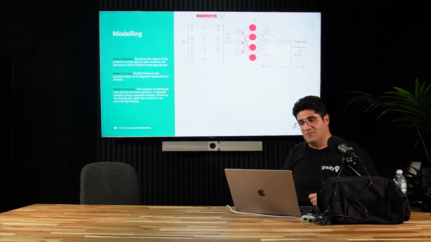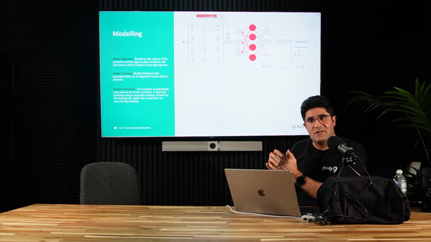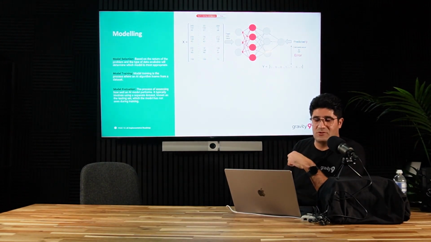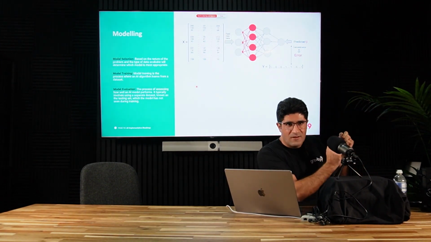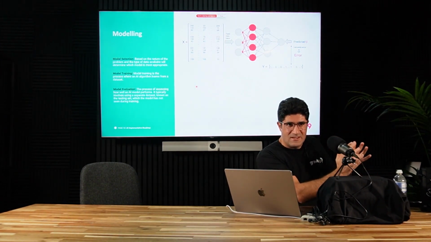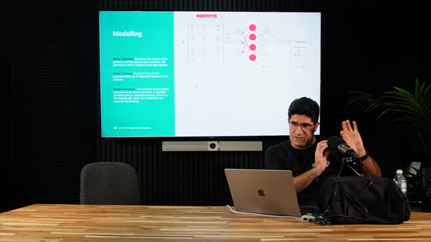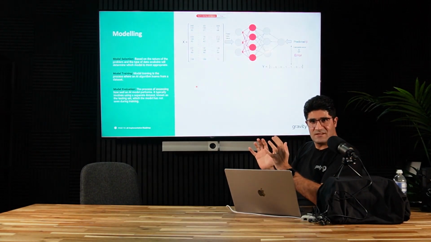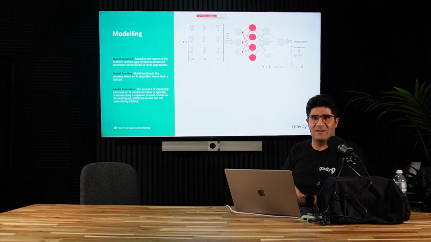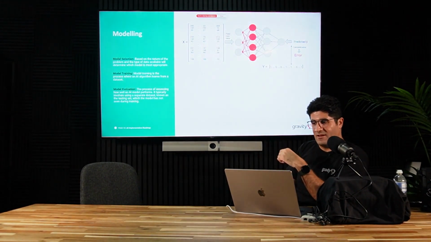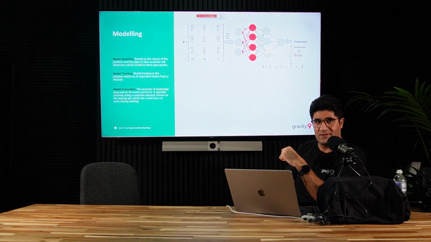And then when we have trained the model, it's time to evaluate the model. During the evaluation, we will collect another data set, completely separate from the training data set, and we pass this data set to the model, and we check whether the output of the model is really correct or not.